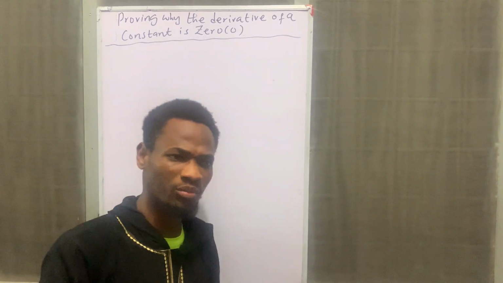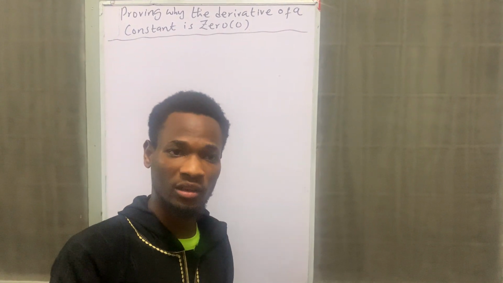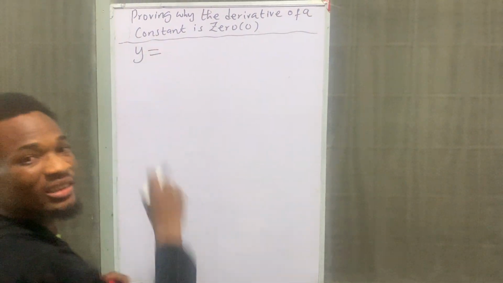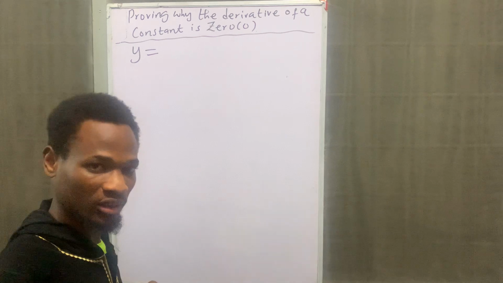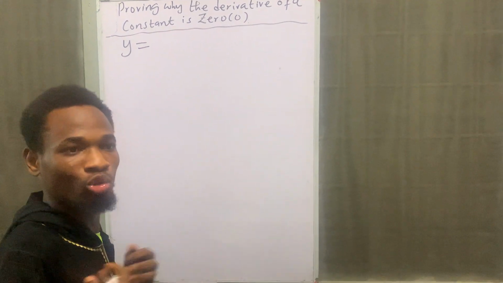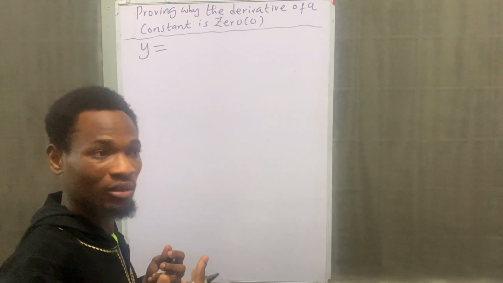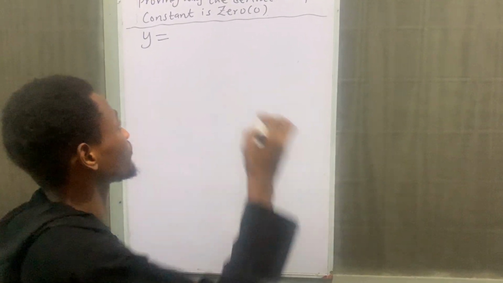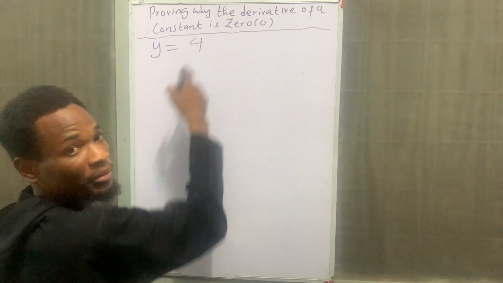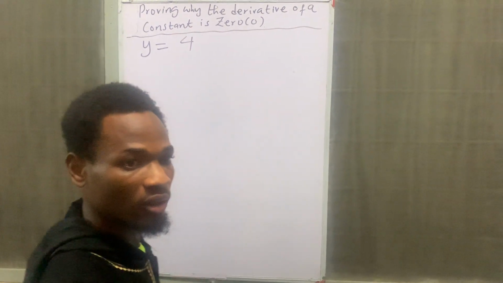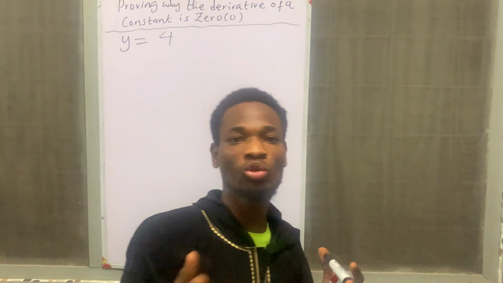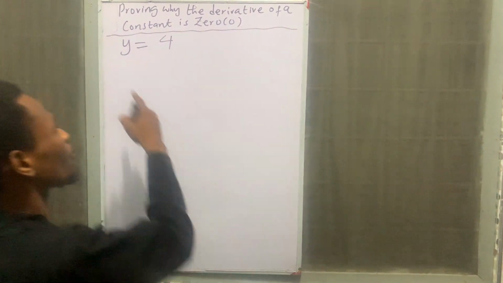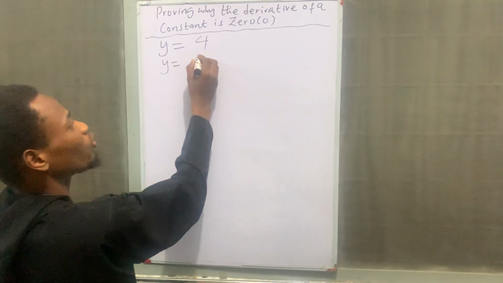So let's say you have a function, y equals any constant of your choice. I will choose my constant to be 4. You can decide to choose any constant of your choice. So I'll choose 4. 4 is what? The constant number. Now you know that according to indices or simply algebra, y is equal to